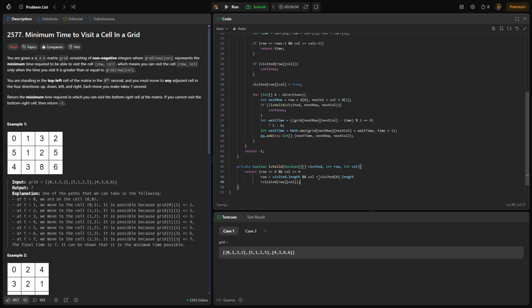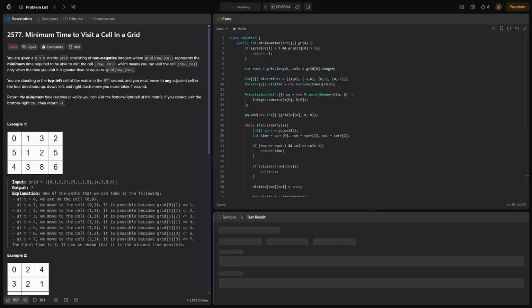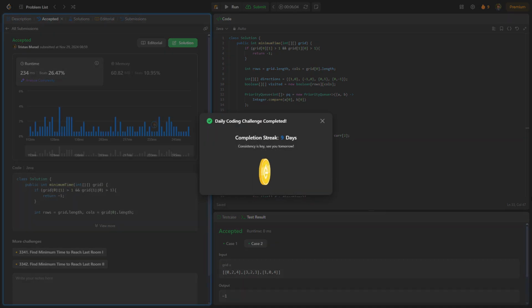And that's it. So we are checking to make sure we didn't go out of bounds from the top or the left, making sure we didn't go out of bounds from the right or the bottom, and then we're making sure that the node hasn't already been visited, so then we can add it to our array to be traversed, or our priority queue to be traversed. So let's go ahead and run this. This passes our test cases, and if we submit it, it passes all